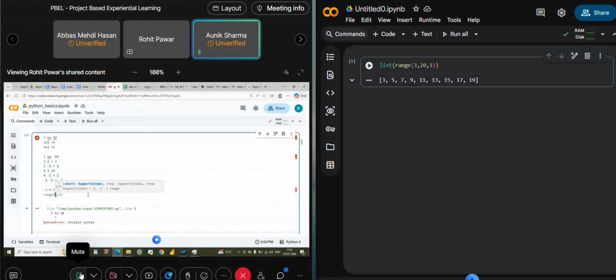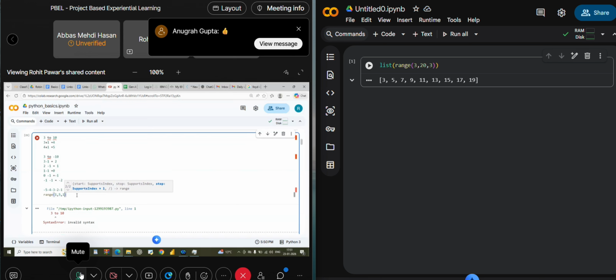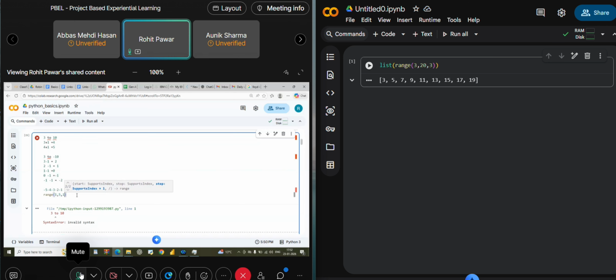Start and end: it means the starting point and the ending point. If I provide three arguments, let's say these three, now this is your jump. Now I am defining the jump as 1. If I don't define the jump as 1 or anything, Python already knows the +1 jump